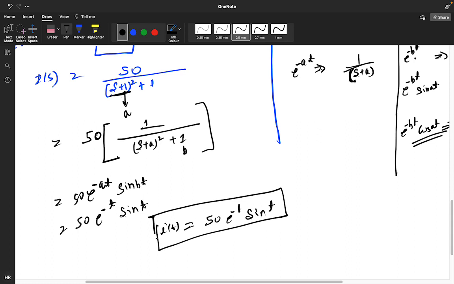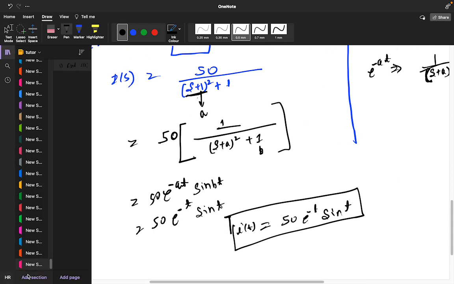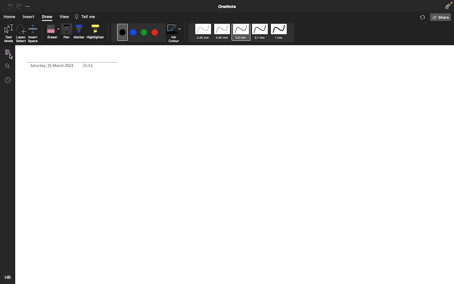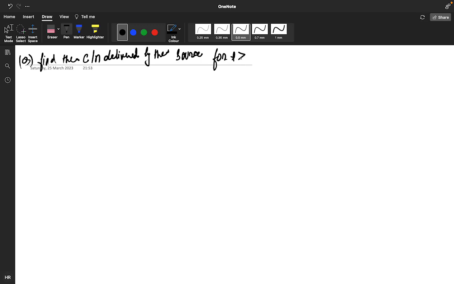So now, I have one question. You need to find the current delivered by the source for t greater than 0. So how will you do it? How will you do it? You need to find the,